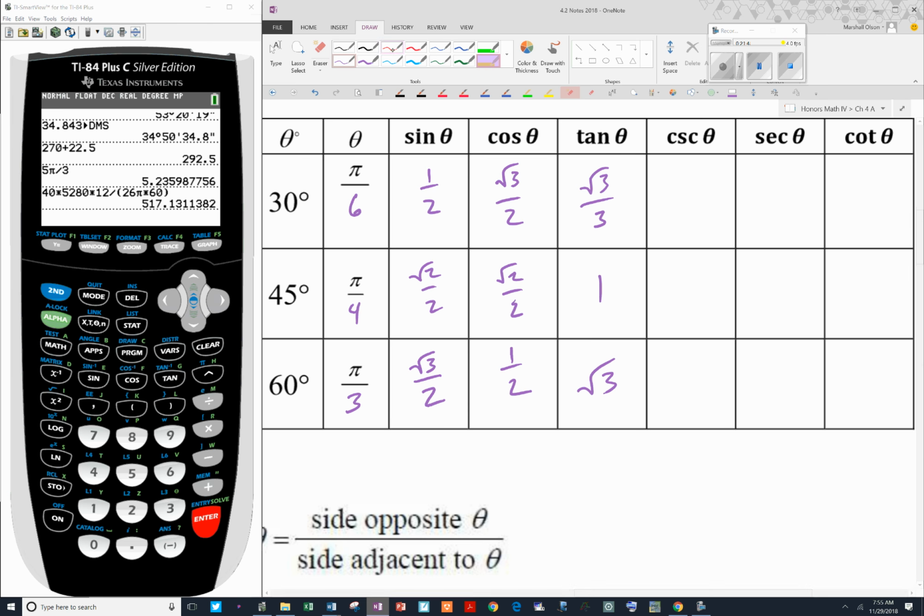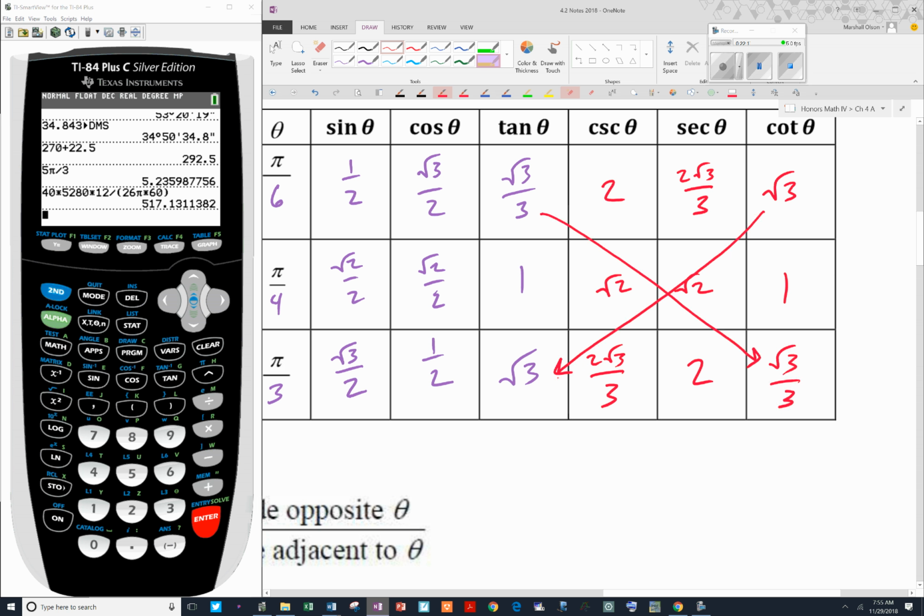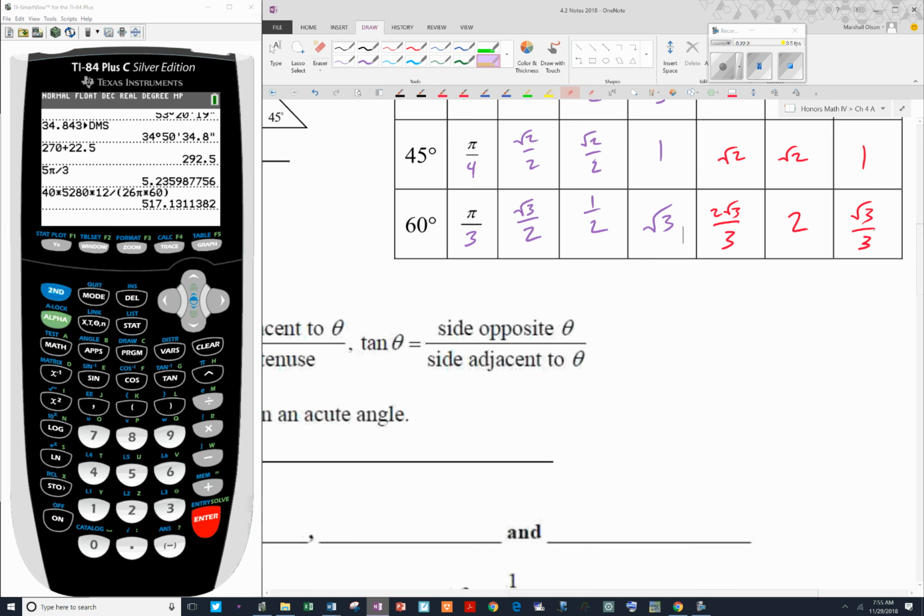And if you want to keep going, you can flip all of these to get the next three. That's a pretty easy one. This is the ugly one. And then don't forget that these are corresponding. All right, rock and roll. Here we go. So a lot of this is